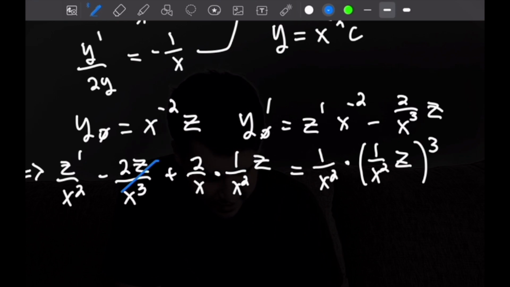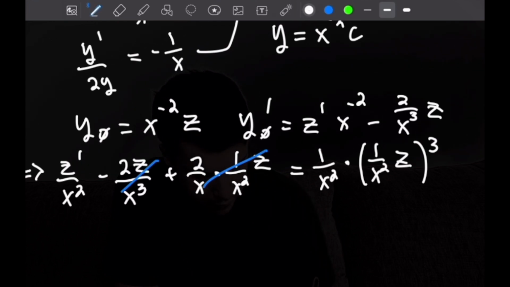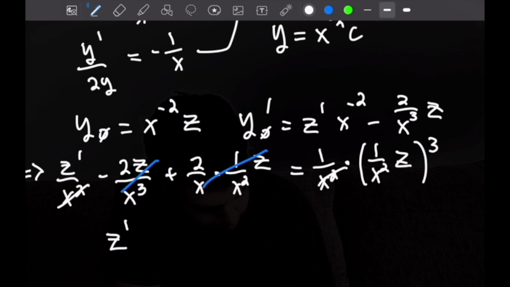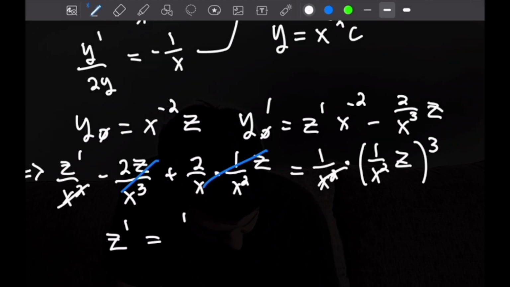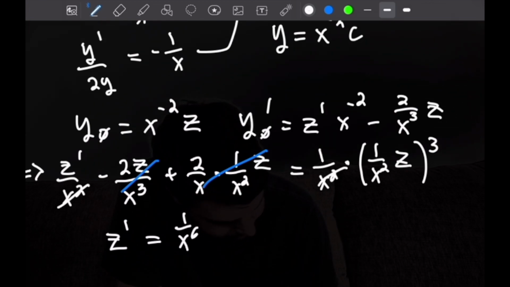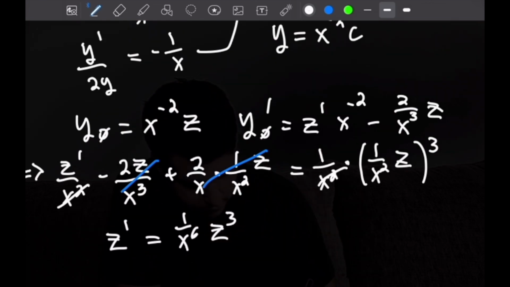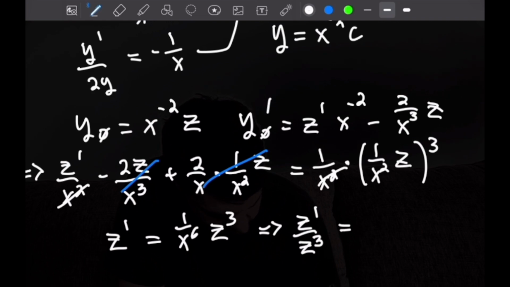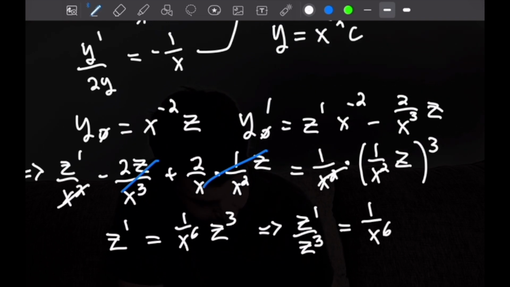So we can see that we can cancel these two middle terms here as we want, and we can also multiply by x squared to clear the denominators in the remaining terms, which will give us the following. We'll have z prime is equal to 1 over x to the 6th times z cubed, which after separating our variables gives us z prime over z cubed is equal to 1 over x to the 6th,